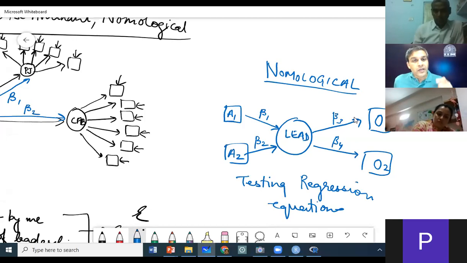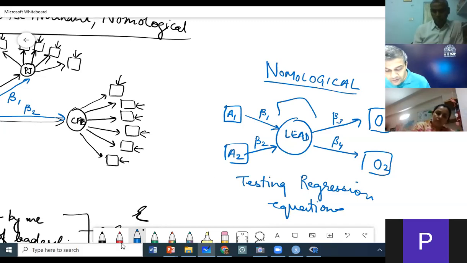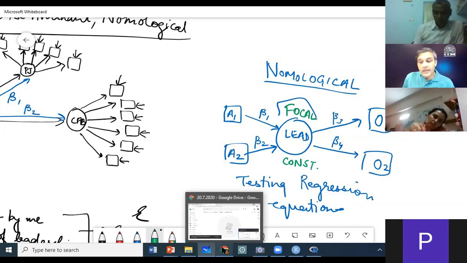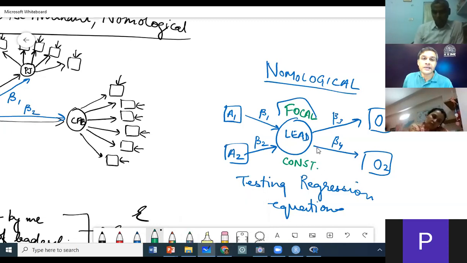So what I have done, I have shown that there is convergence, items are measuring my construct. Then I have shown that theoretically my construct is different from other constructs. And then I am also showing that this is what we call the focal construct. This nomological network is of focal construct leadership.